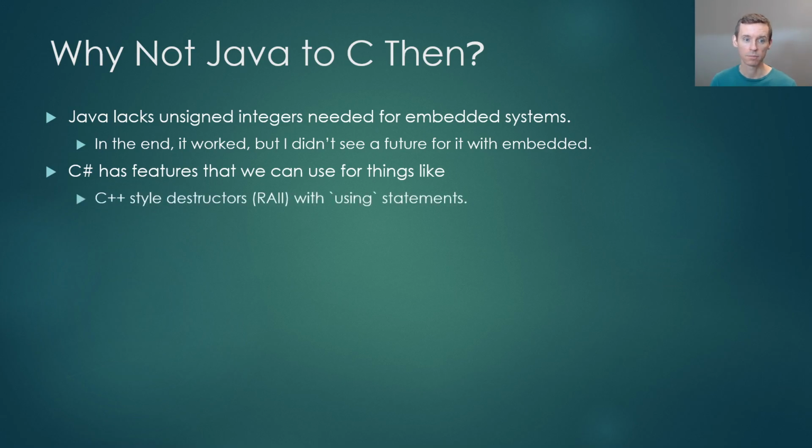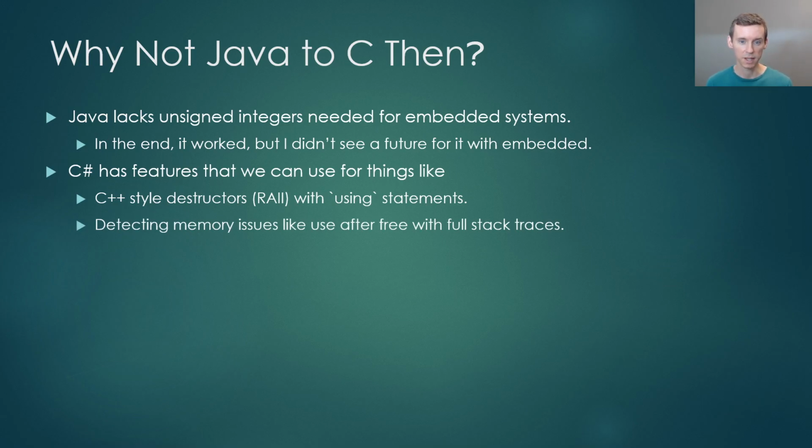And so we can do things like C++ style destructors, or RAII, resource acquisition is initialization. Anyways, we can emulate that in C# with using statements. We can also detect memory issues like use after free with full stack traces in C#. And we can also, because of operator overloading in C#,